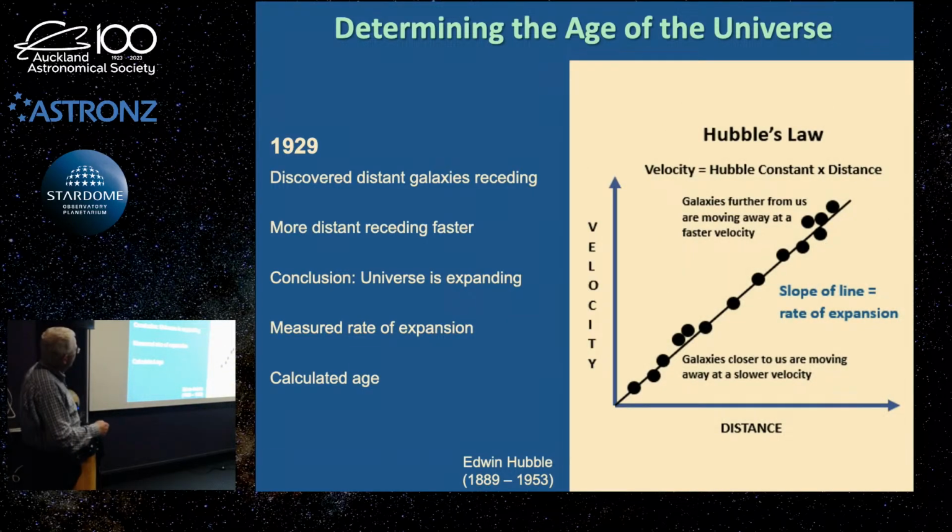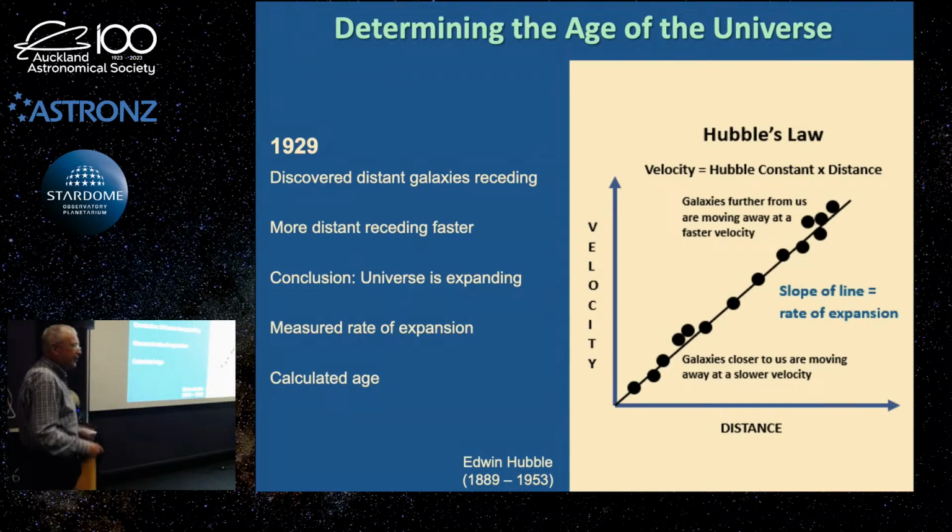That's what he did there, was able to plot. So he got numerous galaxies, and he plotted the velocity on the y-axis as a function of the distance to the galaxies on the x-axis. And it formed a nice straight line there. So here it is, the galaxies further away from us, the velocity at which they're receding is much, much higher than galaxies at a short distance to us, which are traveling away a lot slower. So that was pretty much indicating that the only explanation for that is the universe is expanding. And the slope of that line is the rate of expansion, known as the Hubble constant.